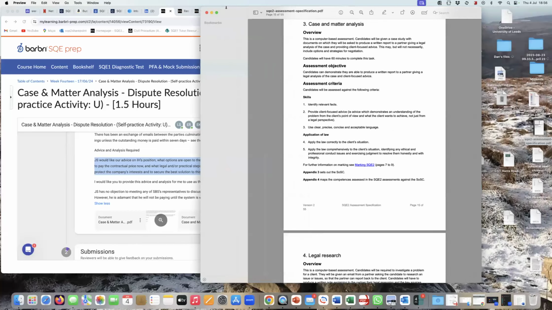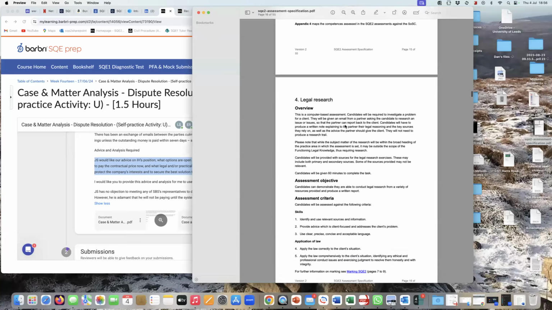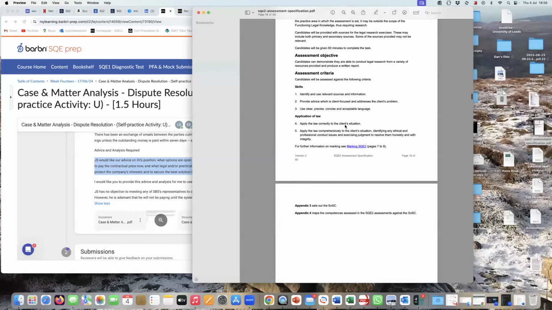So if I just get rid of document 6 for the time being, if I get the specification back up, all I would like to do is to take, I'm going to do another screen share. And before we look at the research exercise, I'm just going to take you through the assessment criteria for legal